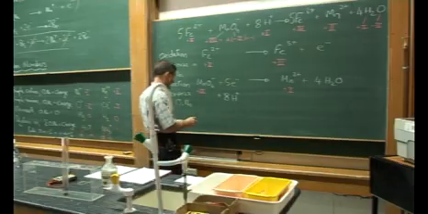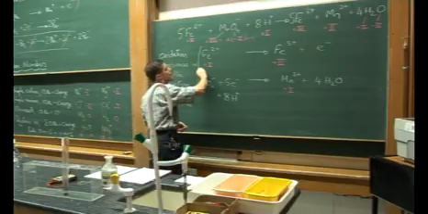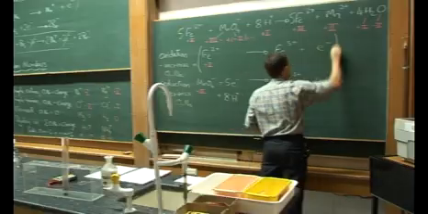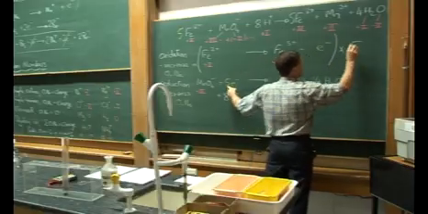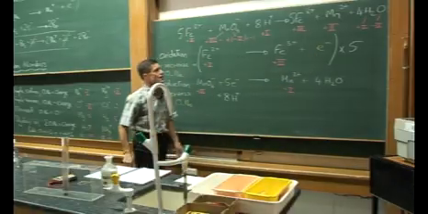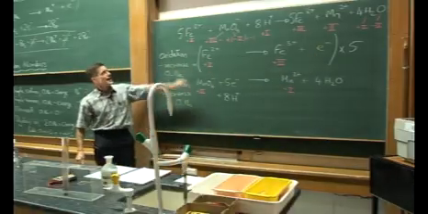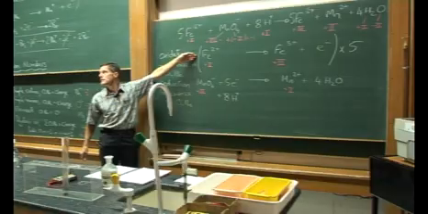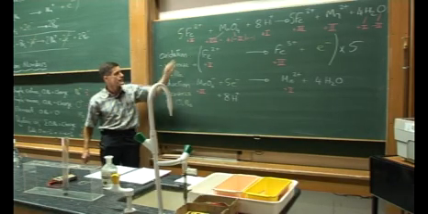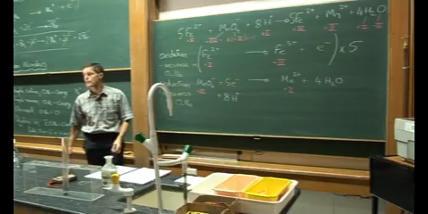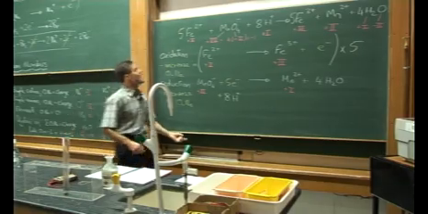And the only way I can cancel out the 5 electrons on the left is by having 5 electrons on the right, and hence I multiply the whole of the top half equation by 5 to end up with my balanced equation,